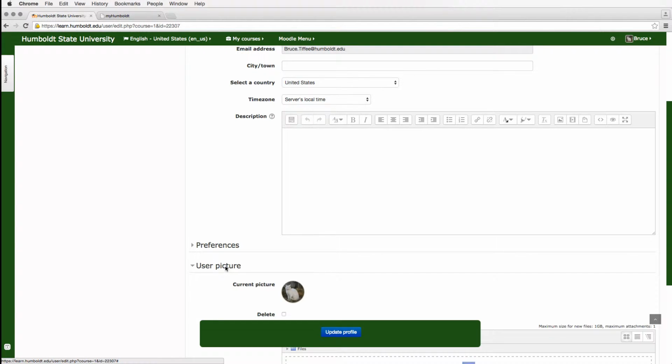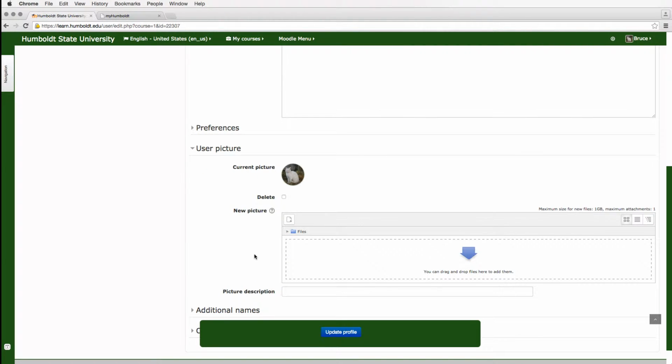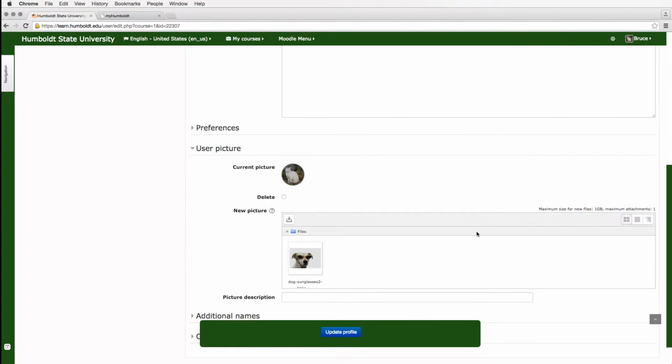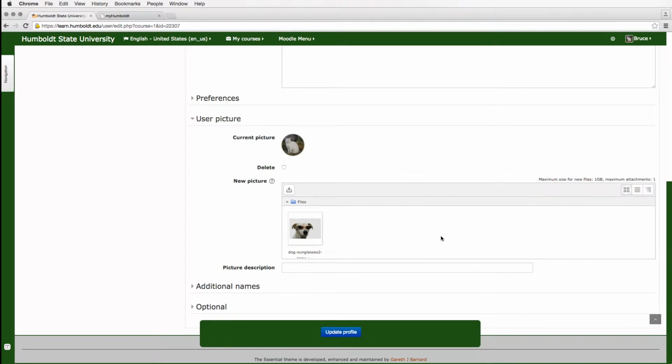However, let's scroll down a little bit, and where it says User Picture, here is your opportunity to go ahead and drag and drop a photo into the area with the bouncing arrow. Now I've got a sample picture. Happens to be a dog wearing sunglasses because actually that's exactly what I look like. We're going to drag and drop that photo here. We're going to put a description of Professor Moodle. And we're going to come all the way down to the bottom and choose Update in the green block.